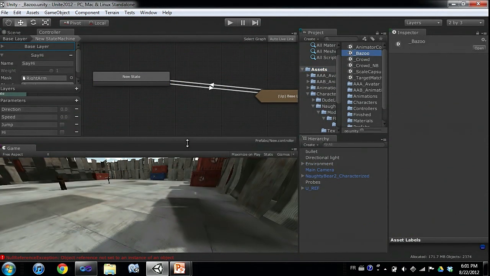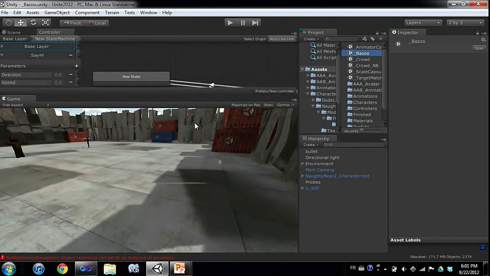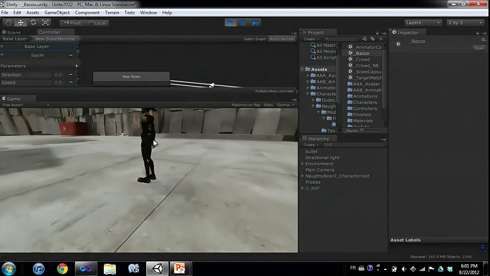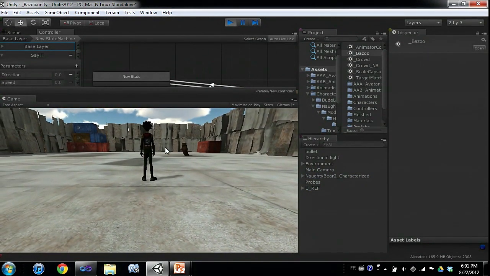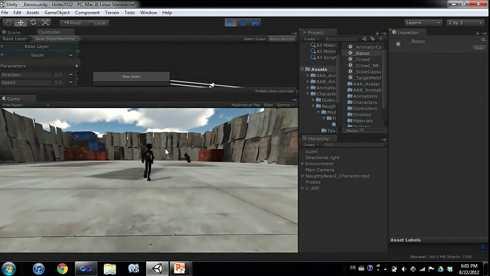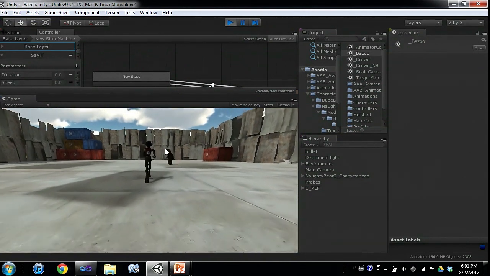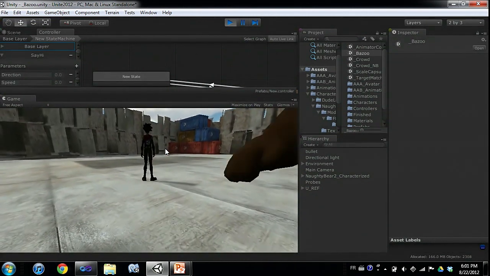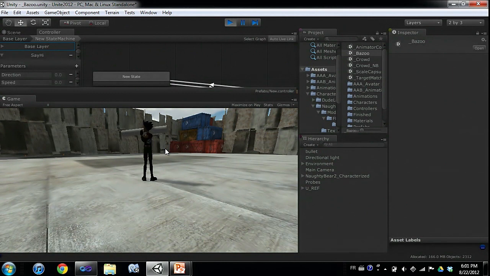Pierre-Paul showed how to use layers to affect part of the body. So in this IK demo, to have something really nice, I should have used an upper body clip that would grab the bazooka. I'm using a cylinder to mimic a bazooka. But in that demo, I'm not using any animation, so I'm using the same controller Pierre-Paul showed, going left and right. And what I did, I created a script that lets him